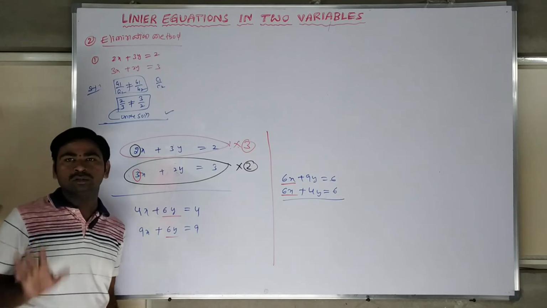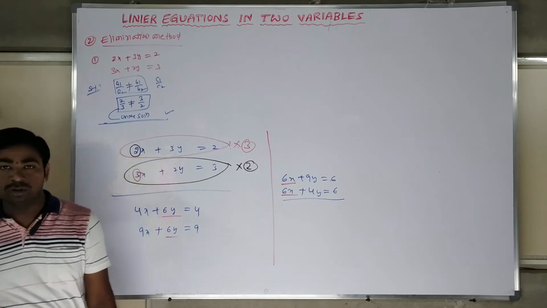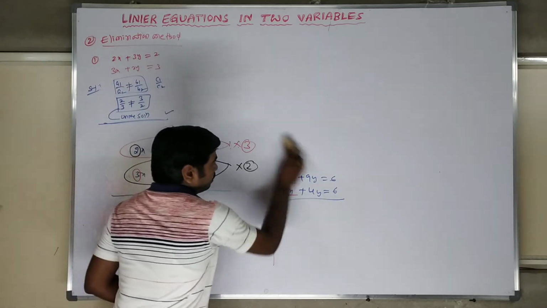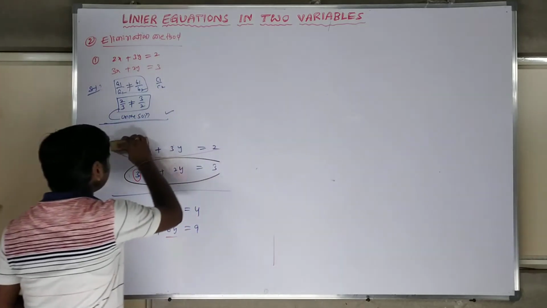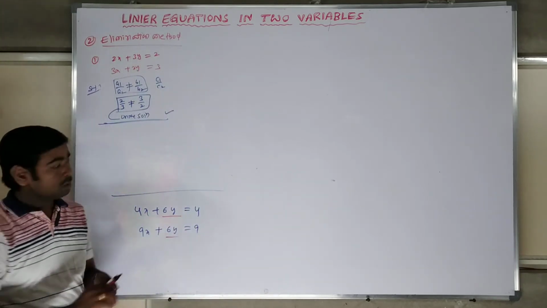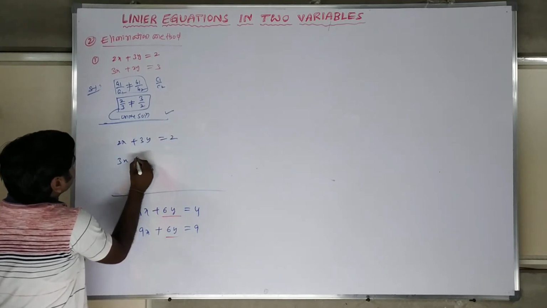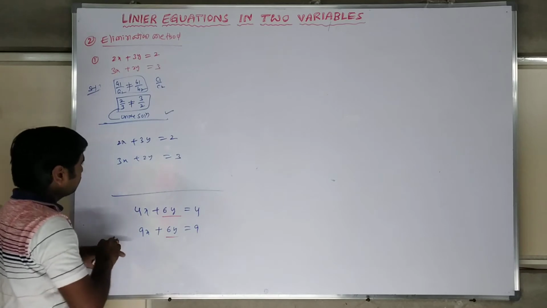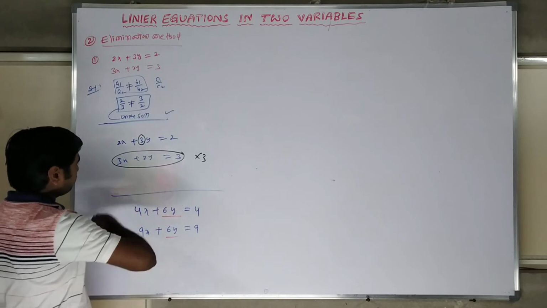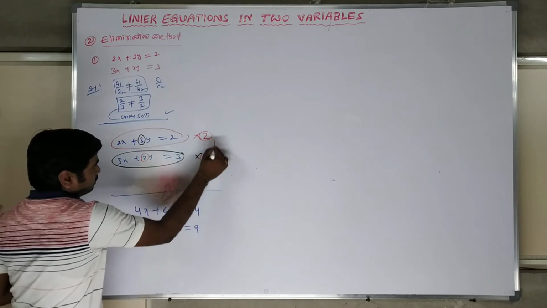Sometimes if the coefficients are directly equal, no need to change. If the coefficients are not equal, you have to change them. So this is the procedure. Any one equation you can go for. If it is not the same, you have to multiply and equate it. So let us copy again: 2x plus 3y is equal to 2, 3x plus 2y is equal to 3. For this I am going to equate by multiplying with 3. For the other, I should multiply the total equation by 2 to get these equations.